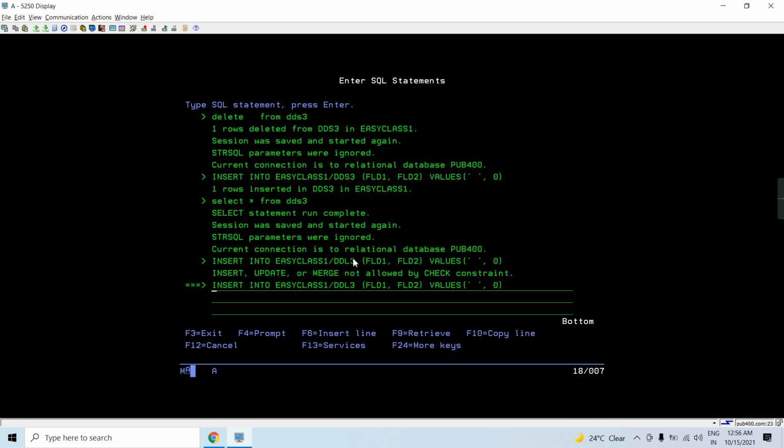Vice versa, when we read the record of the DDL table, no validity checking happens at the time of read. So this is the main difference: in a DDS table validity checking happens when we read the file, and there is no checking when we write the records. So we can have bad data in our DDS files, but in a DDL table validity checking happens at the time of the SQL insert only, and there is no validity checking when we read.